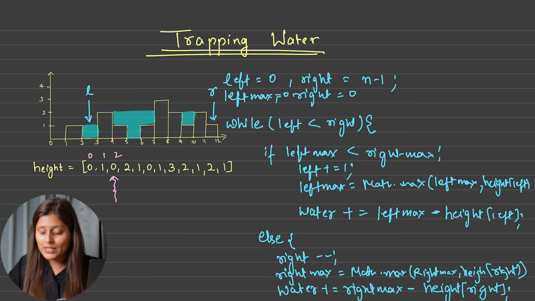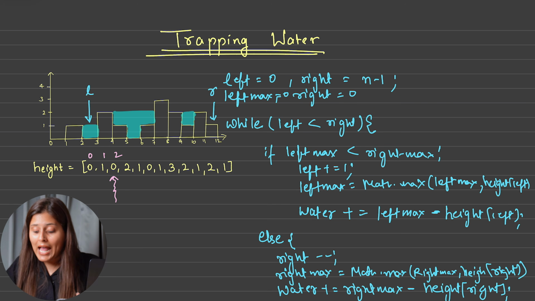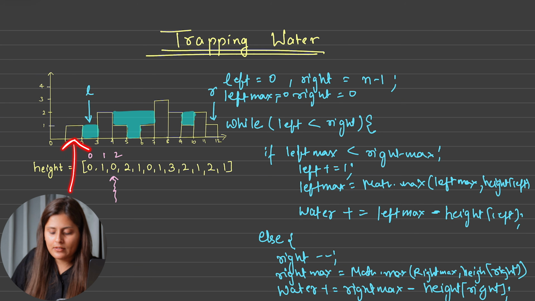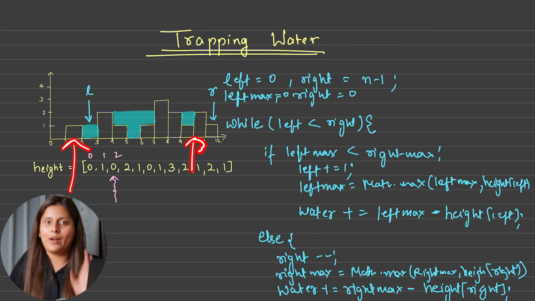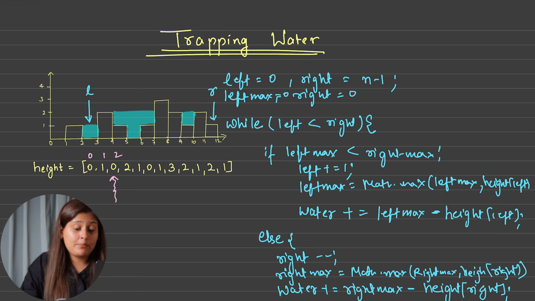So hence the total time complexity will be nothing but for how many times the whole while loop has run, and that is nothing but O of n, because each index is touched by left or right but only one time. So hence the total time complexity is O of n. So now we can code the same thing here also.